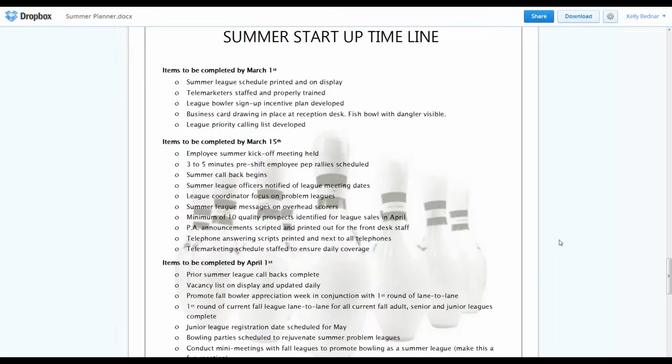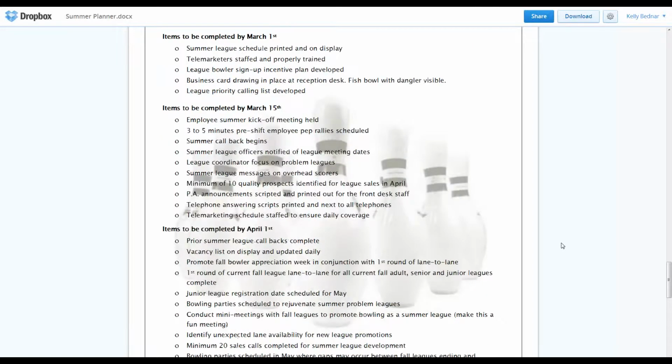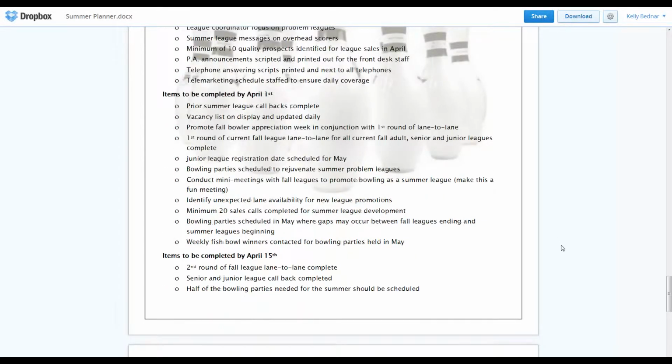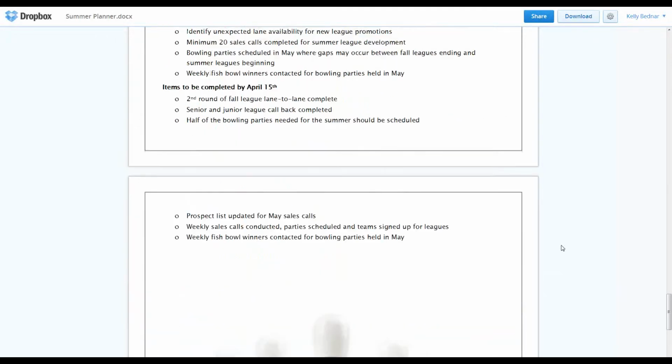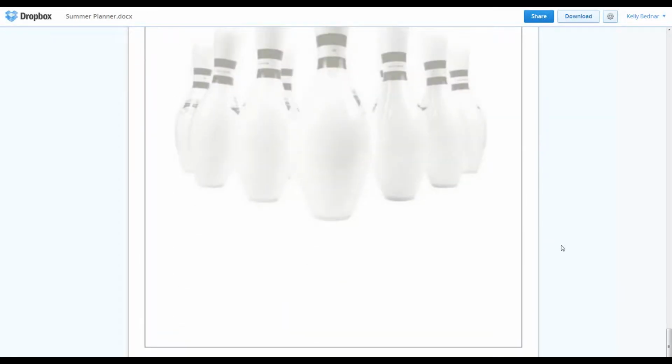Yes, okay, today is March 12th, but in the South, we may start things a little bit earlier than in the North because the seasons may go longer. Depending on your particular timeline, these numbers can change. It's not that we've missed any dates, but if you got started tomorrow, you can get a good start on your summer league base. So as you go through here, there's the whole template, and just so you know, that is downloadable. We'll give you that link here before we're ending today.